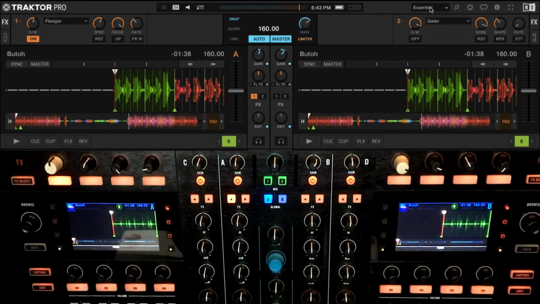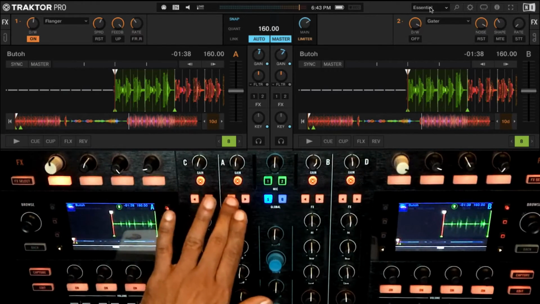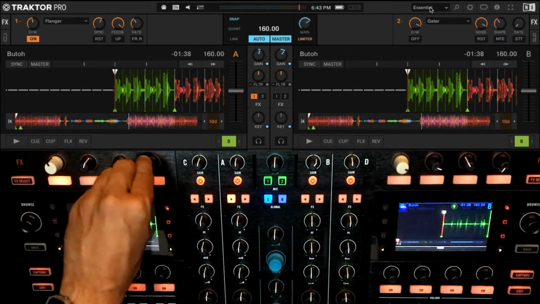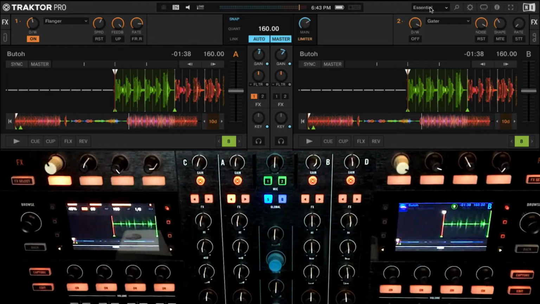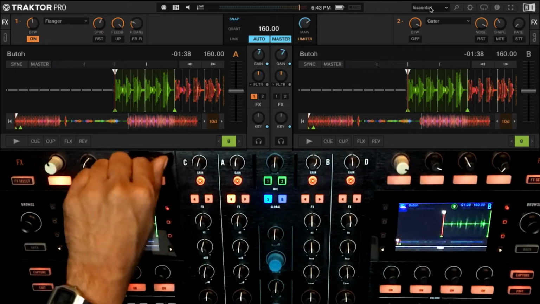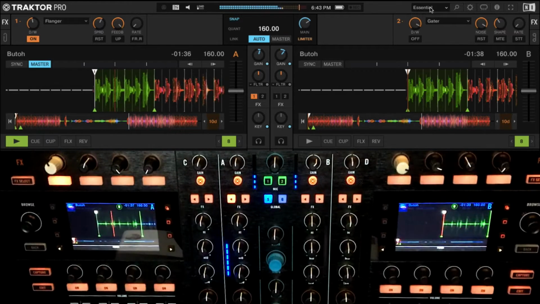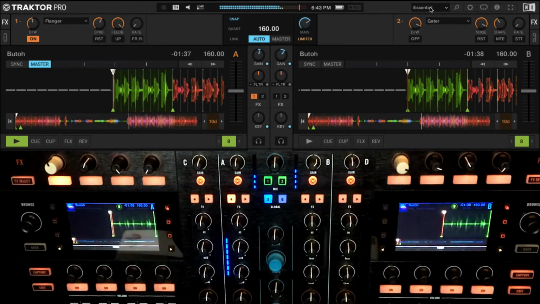Now let me enable the flanger. Flanger switched on, effect is being sent to FX unit 1. The rate decides how quickly that movement of it going out of sync with its own copy happens. Let me set it to something like 16 bars. You're going to hear the flanger slowly take the track out of the current phase and bring it back over a period of 16 bars.